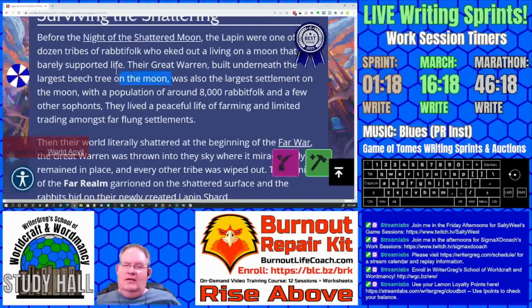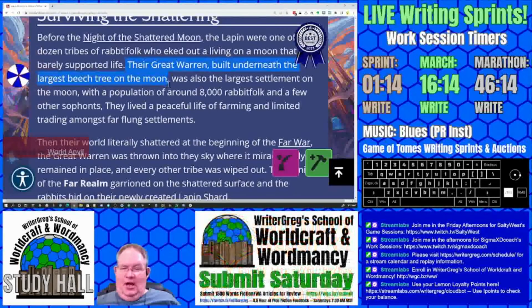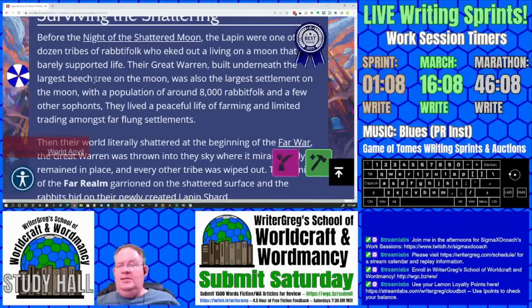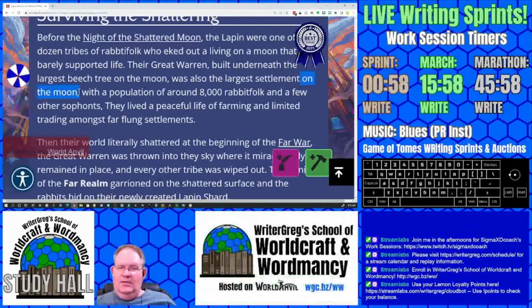Okay, we built underneath the largest beech tree on the moon, which was the largest settlement on the moon. We know that they're underneath the beech tree, and the beech tree is on the moon. We probably don't need this on the moon here. Was also the largest settlement with a population of around 8,000 rabbit folk.